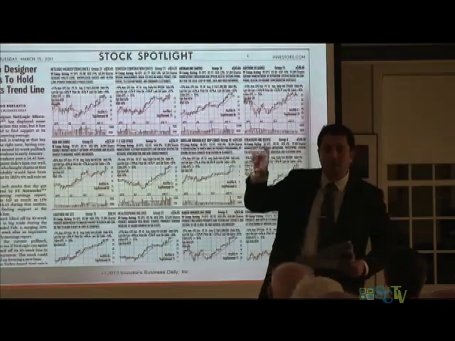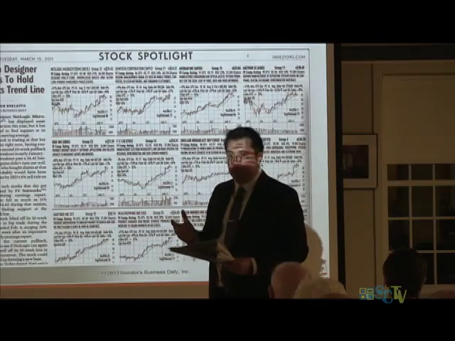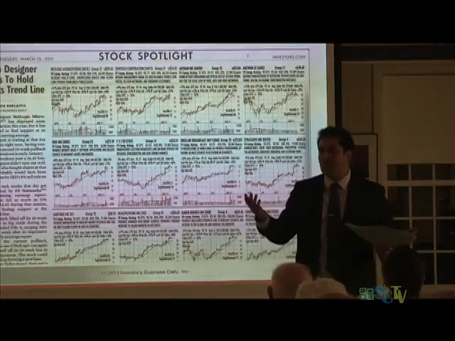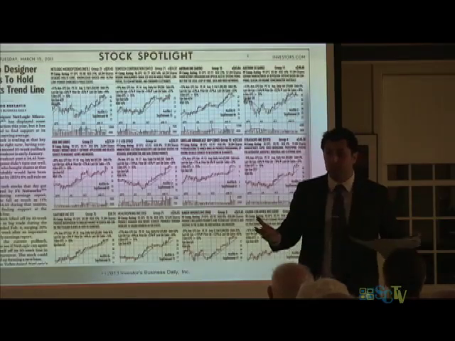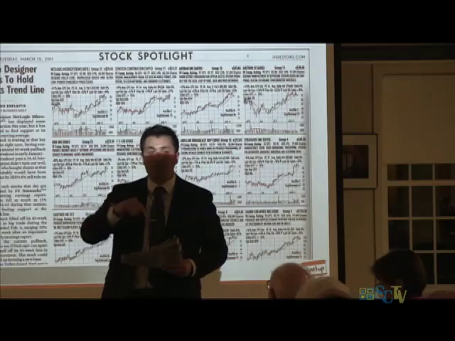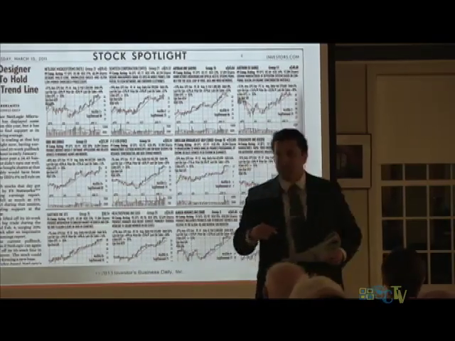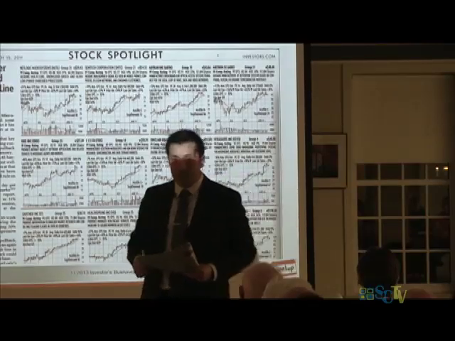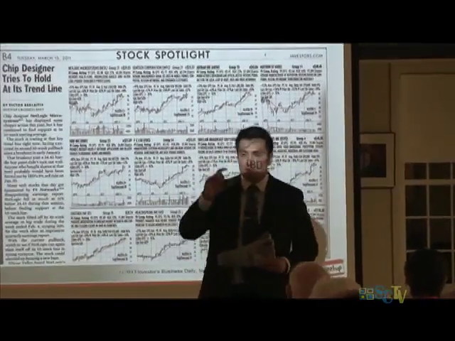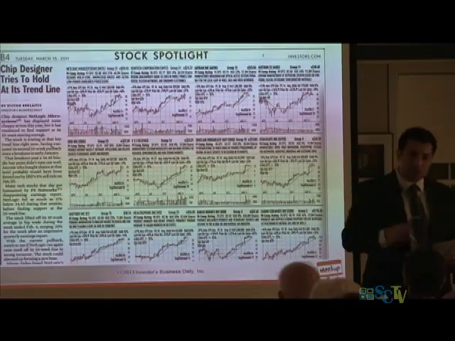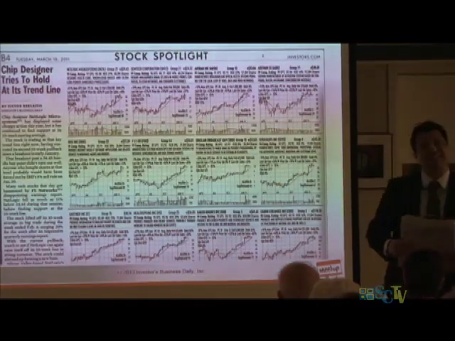So it's like you have this window. So let's say the resistance is $30. Well, you add 5% to that. My math sucks. I don't know what 5% of $30 is. But what is it? Okay, whatever. Let's say it's $32. So your buy area is from 30 to 32. Once it gets outside of that 5% buying range, then we consider it to be extended.